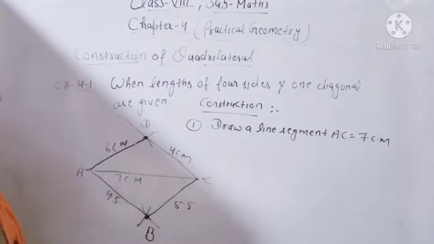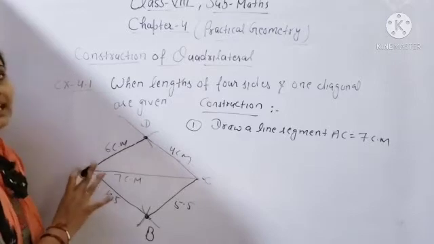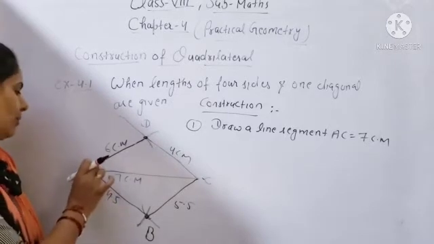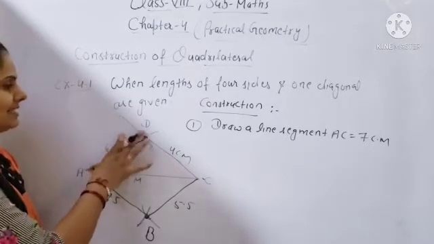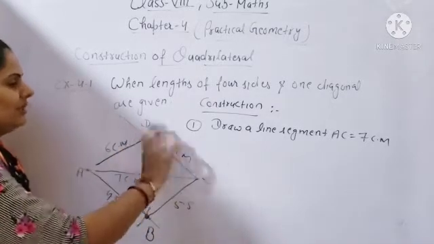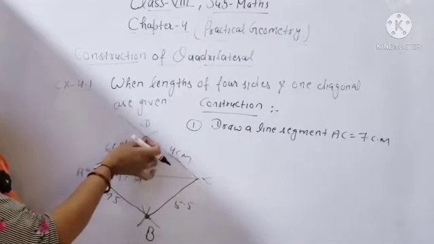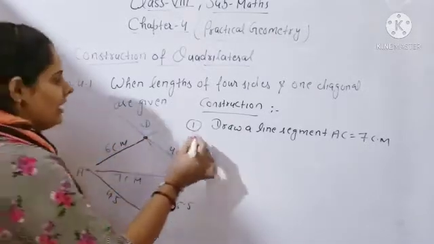After that, second step, what you have to do? Okay, the second step, beta. The second step is from point A, you will open your compass 6 centimeter and draw the arc. Clear? From point C also, you will open your compass 4 centimeter and draw the arc. And the intersecting point of both the arcs is point D. Clear? So second step,